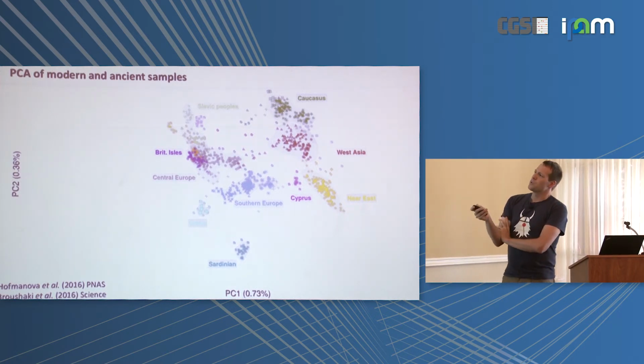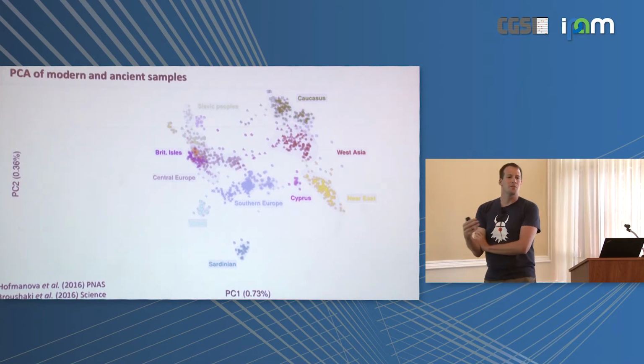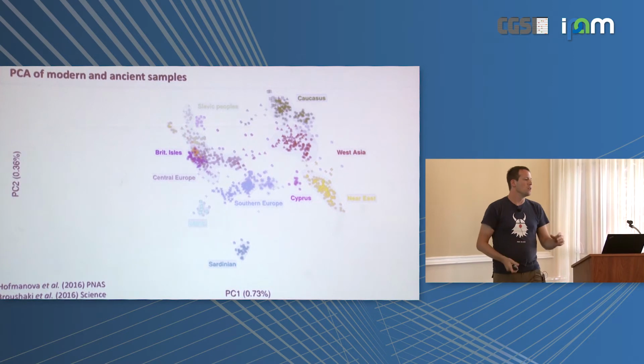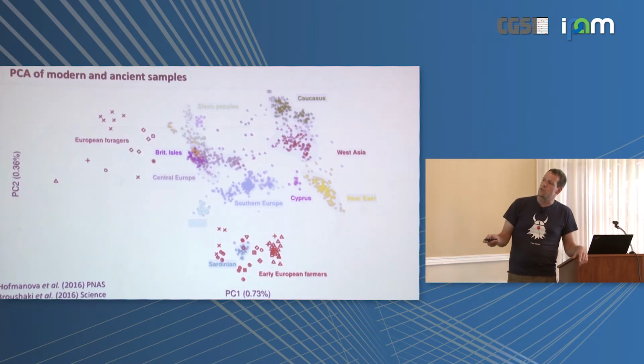So what I show you here is a PCA plot spanned with modern data. So these are all modern Europeans. We have here Slavic populations from Britain, Central Europeans, Southern Europeans, Sardinians being the outlier, Near Eastern populations, Western Asian and Caucasus populations. And now we want to know, if we project our ancient samples onto that plot, where do they fall? So first we use existing samples for both European foragers